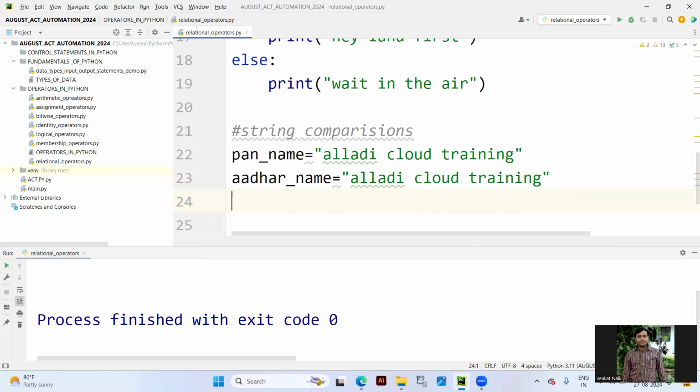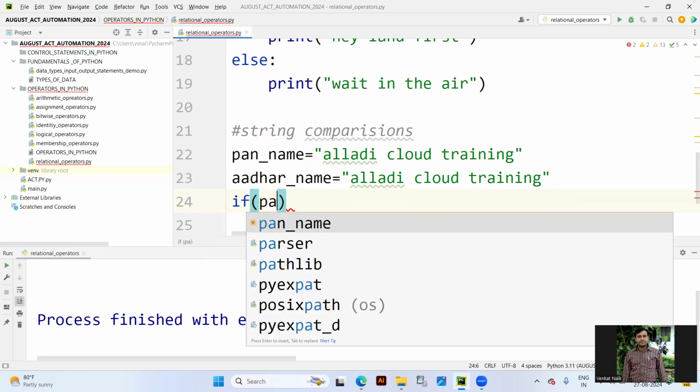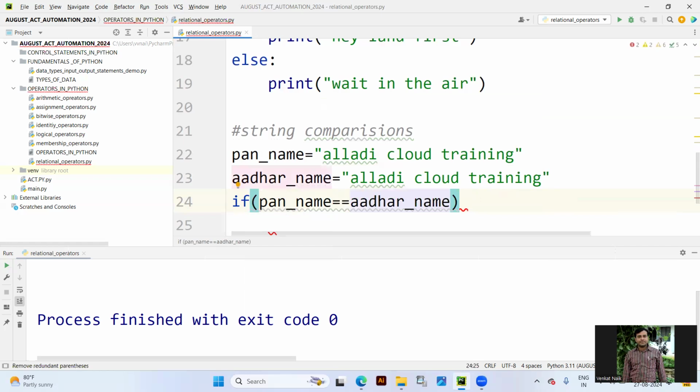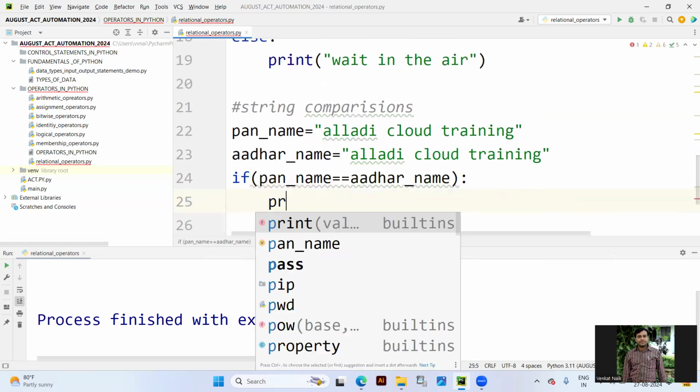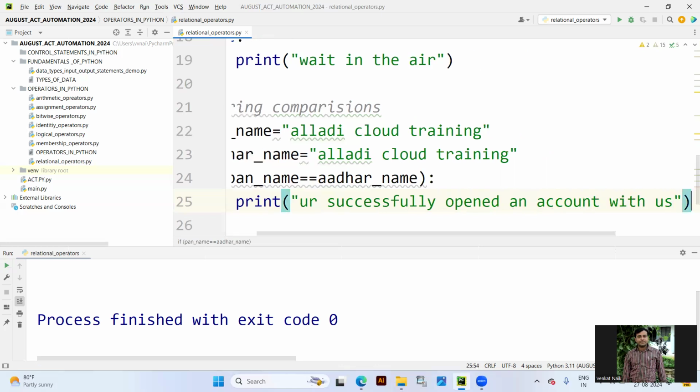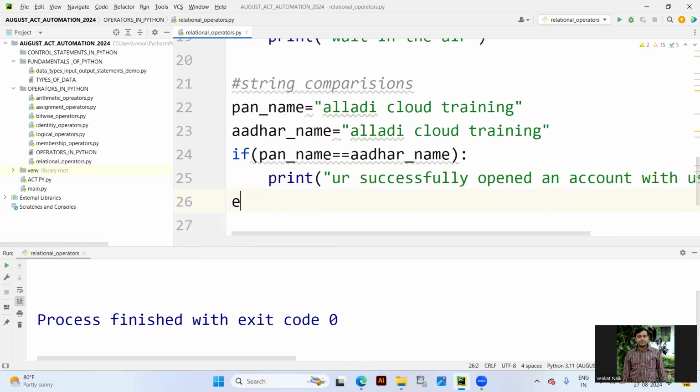Clear? We wanted a comparison: if PAN name is equal to Aadhaar name, then obviously the output is going to be "You have successfully opened an account with us." That's a bank message. Else